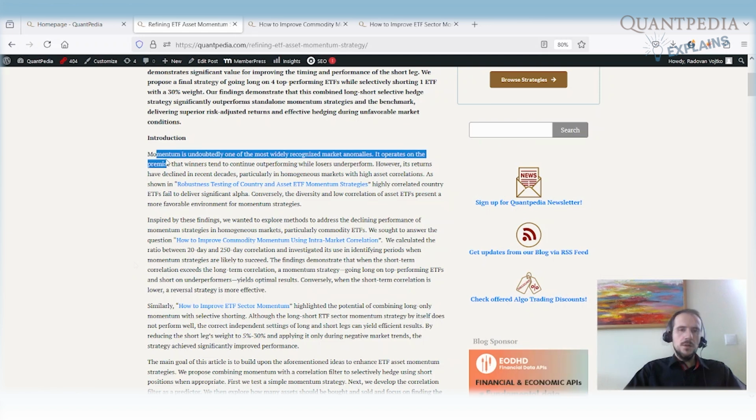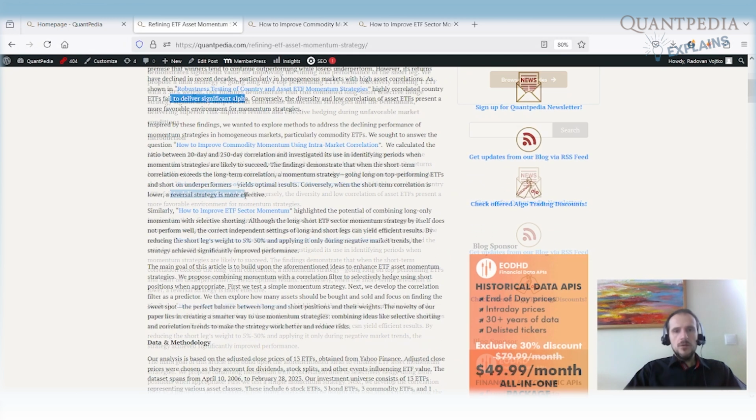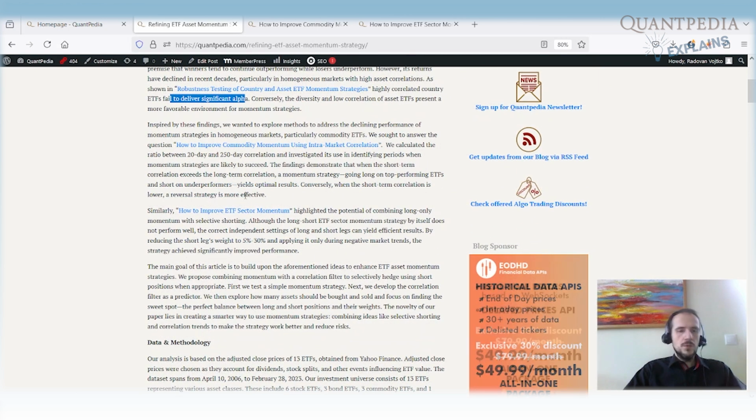In the past we had an article called Robustness Testing of Country and Asset ETF Momentum Strategies. In this article we tried some different investment universes and tested how the basic momentum strategy works, and we realized that very highly correlated investment universes, like country ETFs, fail to deliver significant alpha. So we tried to look for a way to improve using momentum in this kind of investment